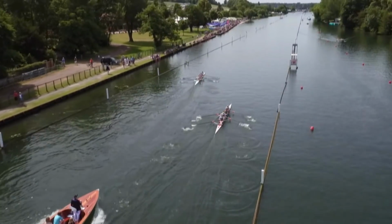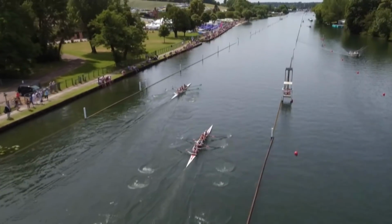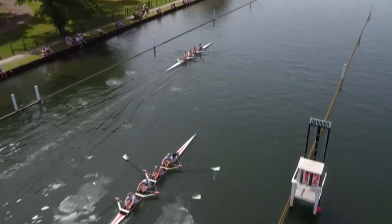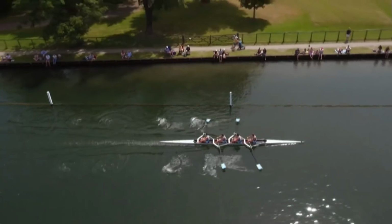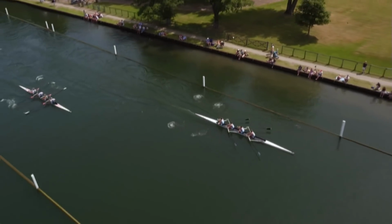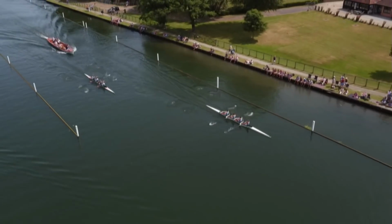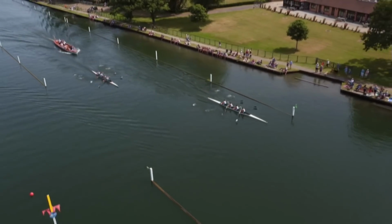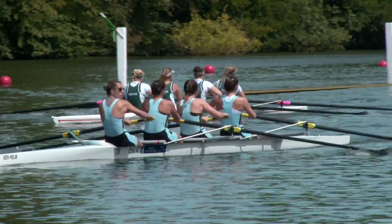Umpire just forcing them there. Don't worry, the umpire's just forcing the Edinburgh crew to their side on the Berkshire side there. As we're coming into the regatta enclosure here on a gorgeous day, looking at this fantastic drone footage, just a soaring shot there of the Edinburgh crew as they soar across through the racecourse themselves. Just staying with them, a little adjustment there, but of course this Edinburgh crew